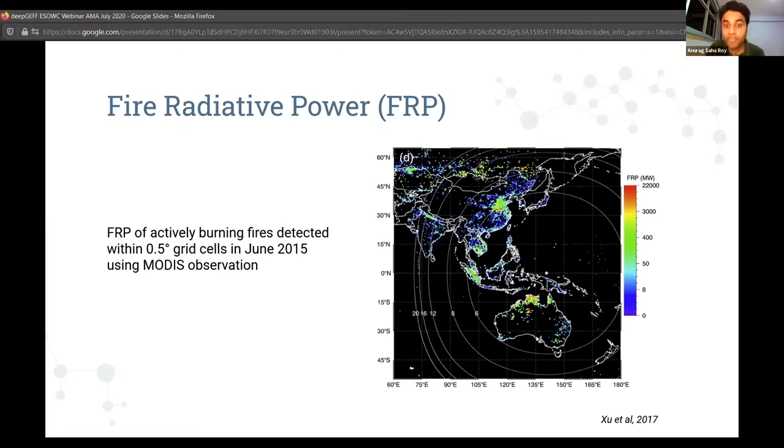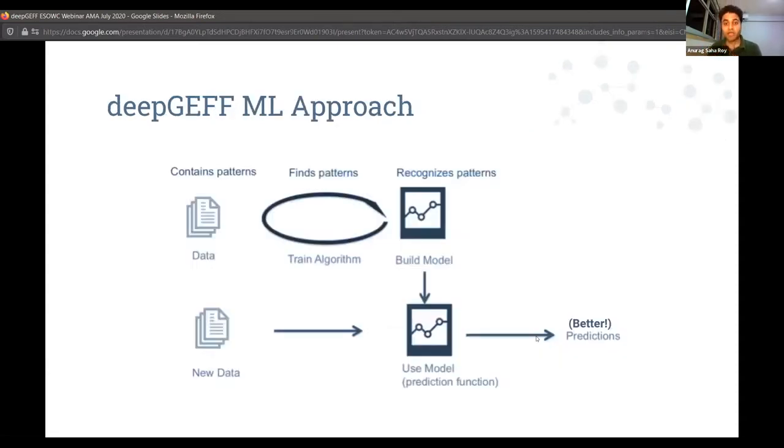How this will help us is that given an ongoing fire and a current FRP, we would want to know whether over the next 5 to 10 days this fire is going to get even worse, or is it going to come under control? It is good to have that sort of modeling and prediction. So how do we do this? How is it different?